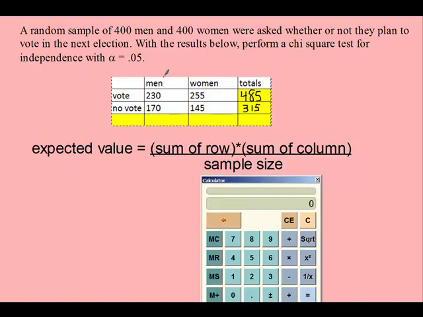Now I'm going to do the men column. 230, 170. 400 men voted. 255, 145. 400 women. Total, 800 people voted. Now, in order to get the expected values here, I'm going to have to take the sum of row 1 and the sum of column 1